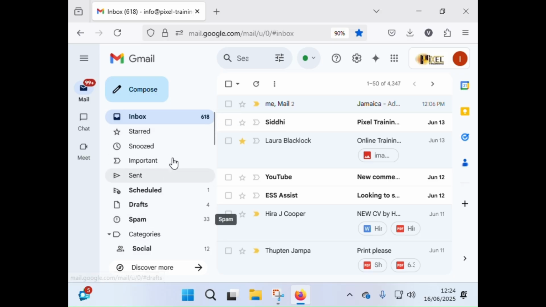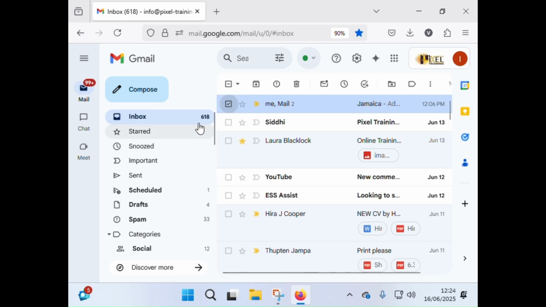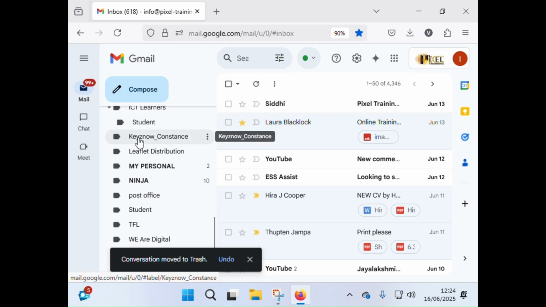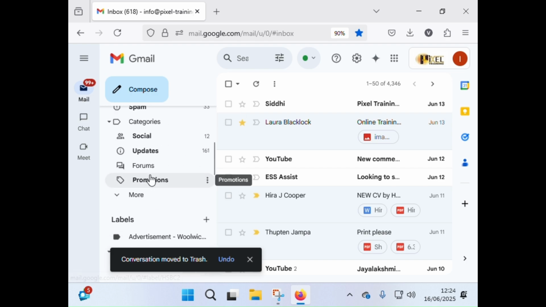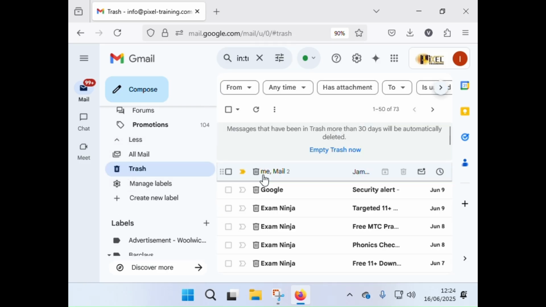Yeah, is it clear? And let's say one of these emails is not needed, so I choose the email and I click delete. So what happened now? It is moved to trash. It's not deleted, it's temporarily deleted. So if I go to the trash, if I scroll down and click on trash, the email I've deleted is sitting there